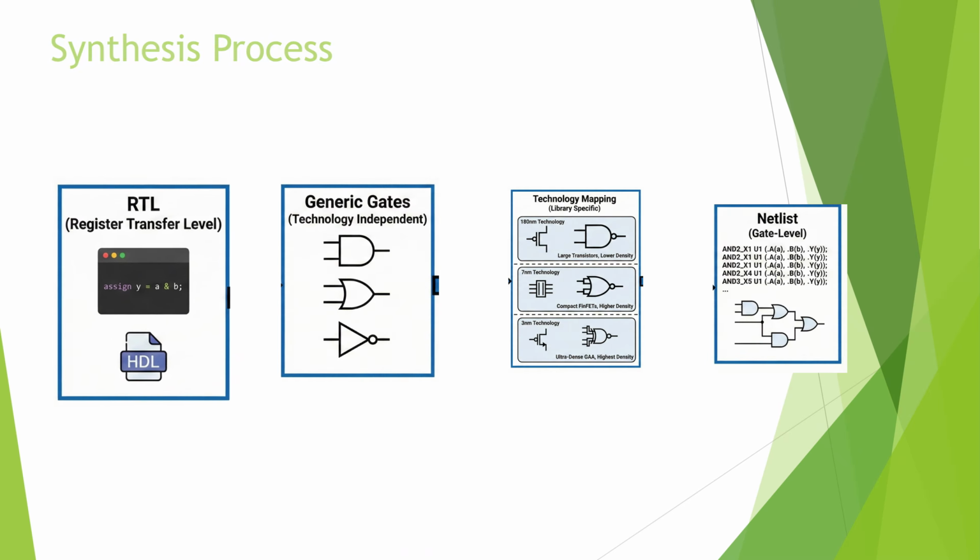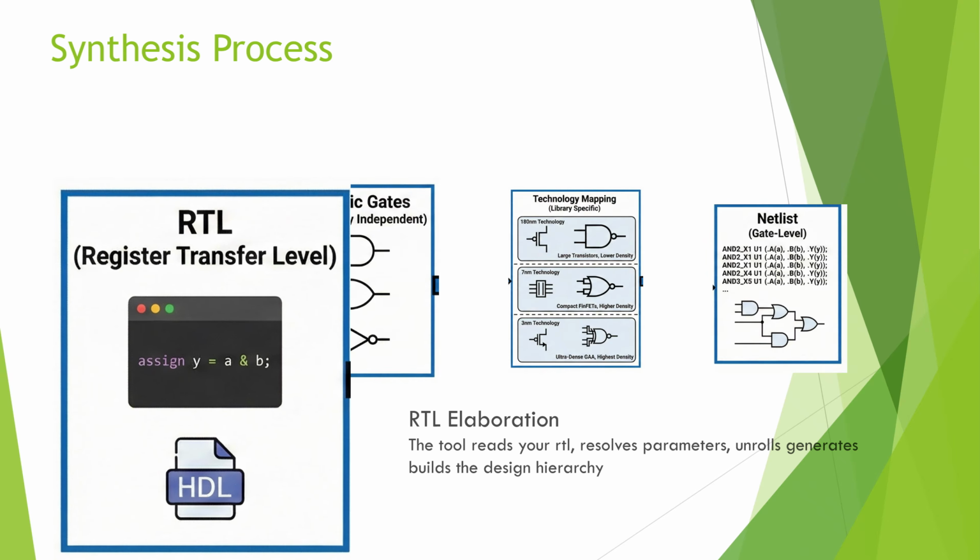Let's start with RTL elaboration. In elaboration, the tool reads your RTL, resolves parameters, expands generate statements, and builds the full design hierarchy. So all those parameterized modules, generate loops, and conditional instantiations become fixed hardware structures at this point. Exactly. This is also where many basic errors are caught, like missing module definitions, mismatched port widths, and non-synthesizable constructs